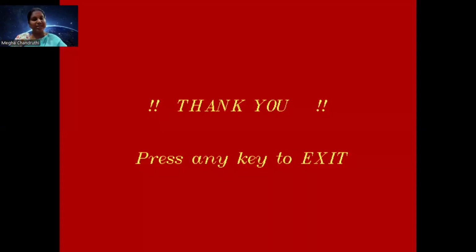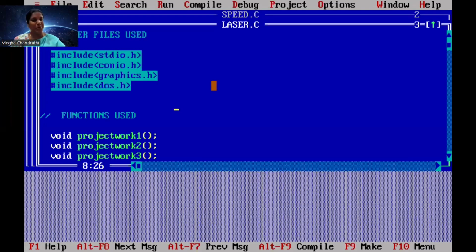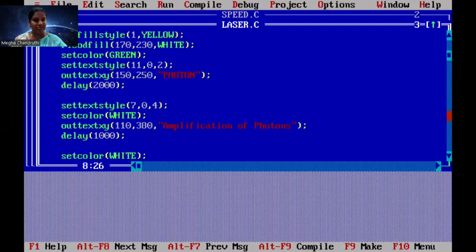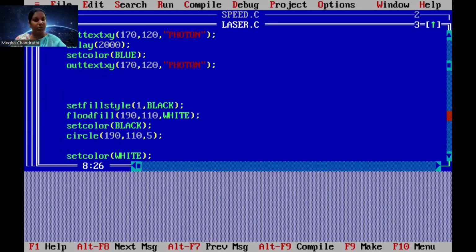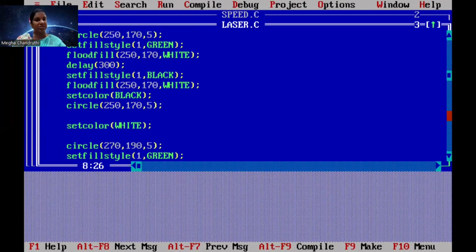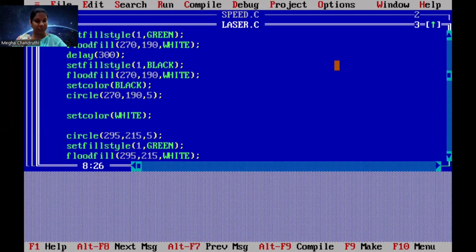Usually this program was not written by me. When I installed the C program, Turbo C, there were so many graphics programs, and one related to physics was there. So I'm just showing with that. The coding, as I said, will be very difficult, but we have to practice. According to how you want the simulation, the coding should be given over here. Okay.